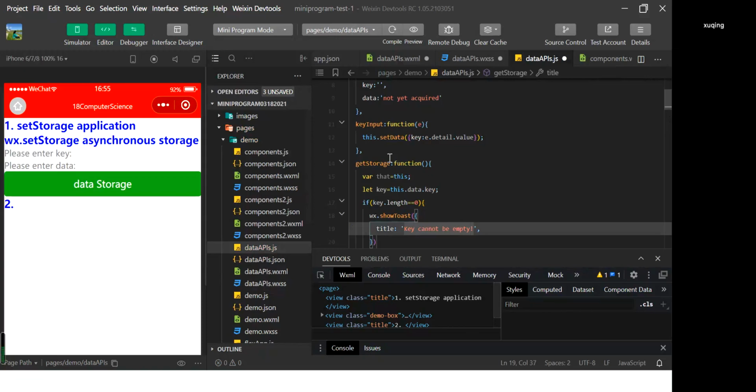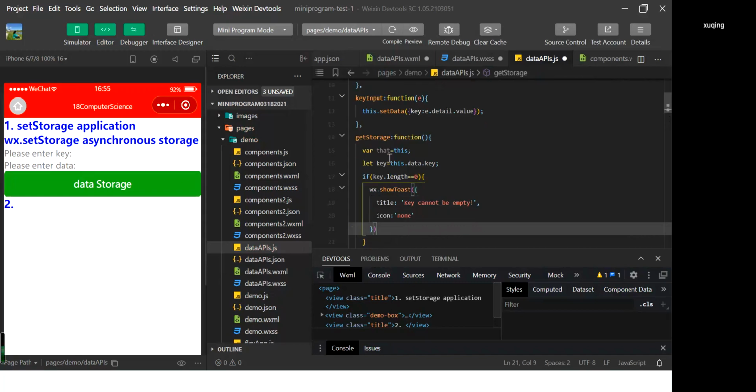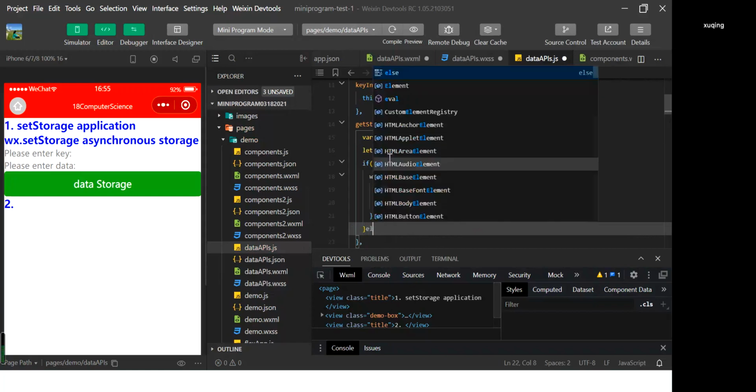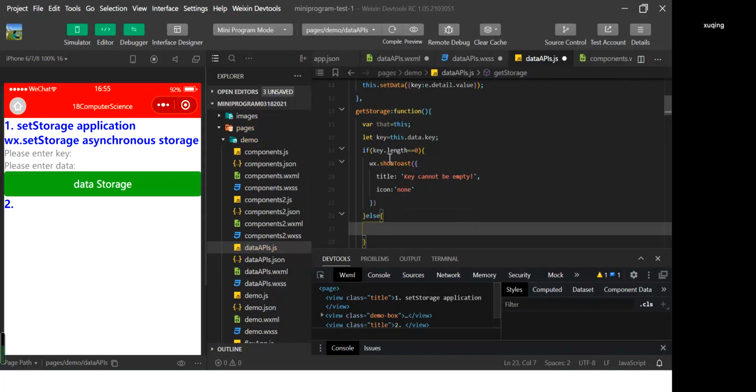Then we can set the icon. Icon is none. Here the length of key is 0, else, that means we have a valid key, so